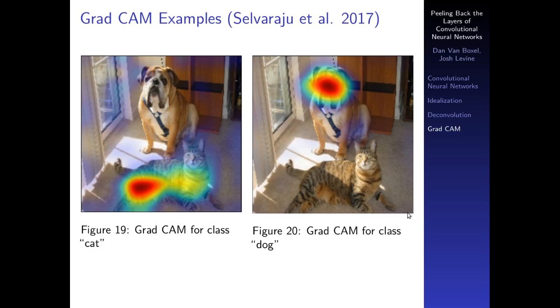And on this picture on the right, it's where it's activating for dogs. So if you wanted to say, for my specific model, for this specific input, for this specific class, where are we seeing things? And they make an important point: this helps human beings understand how the model works. And this helps human beings build